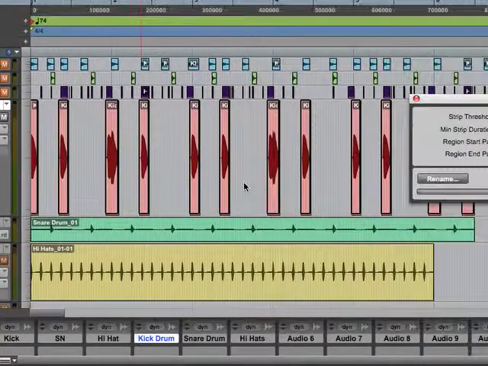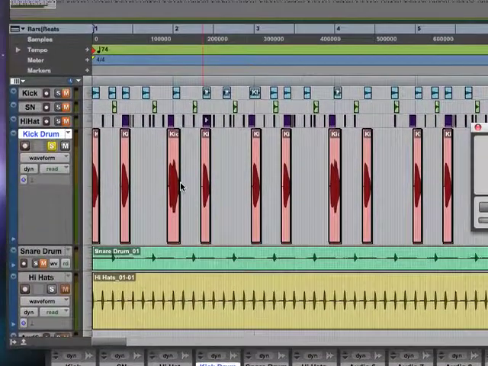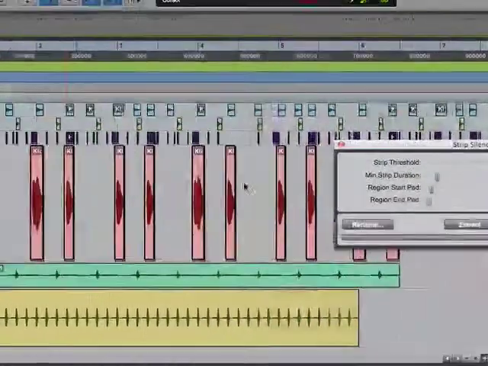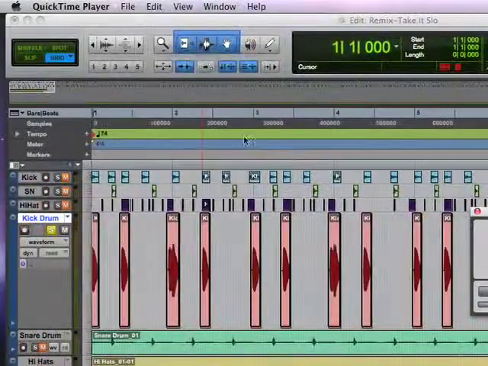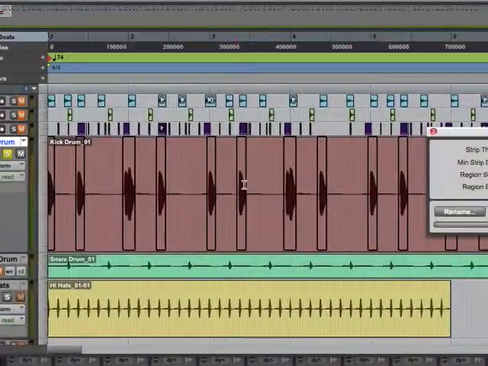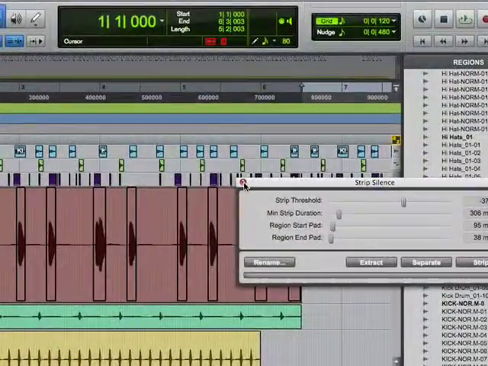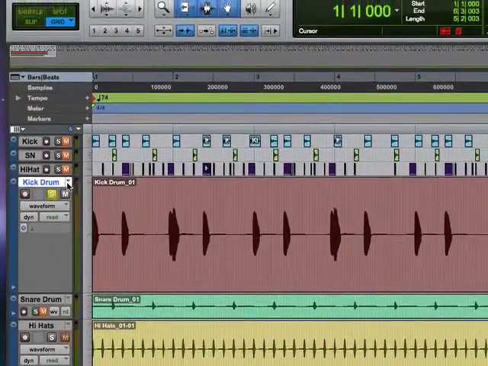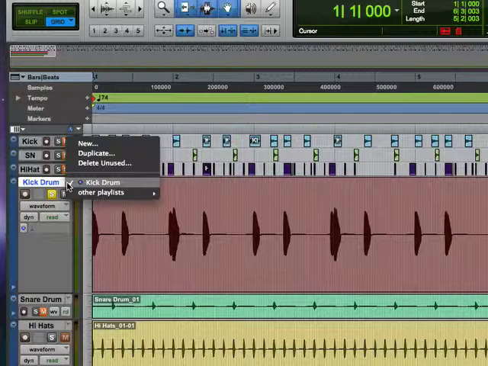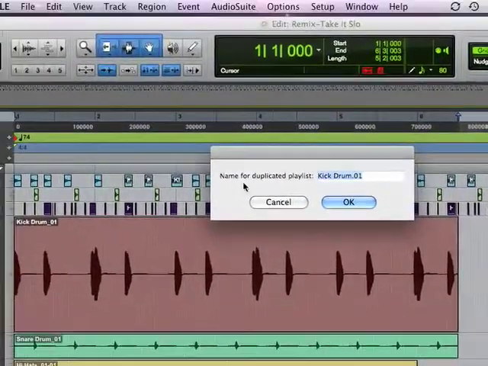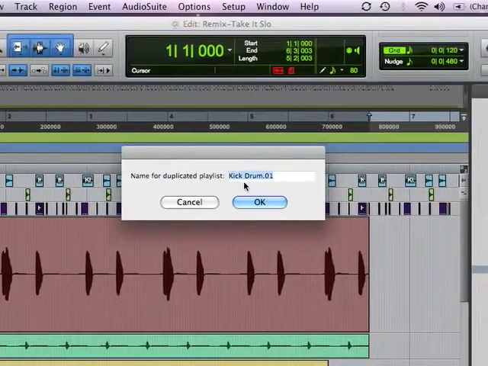Okay, so we put some distance between each one of these kick drums, and that's kind of cool. Another way of doing this is, let's undo what I just did here. Let me go back into here and undo this, and I'll close the strip silence window. And what I can do is go right here and duplicate this drum region. See here, and the name for the duplicated region will be